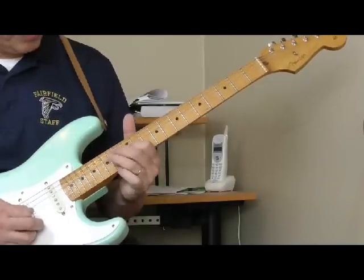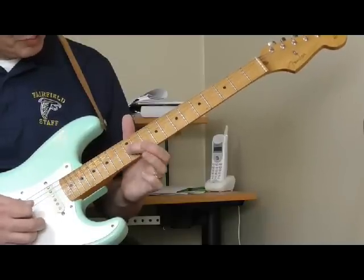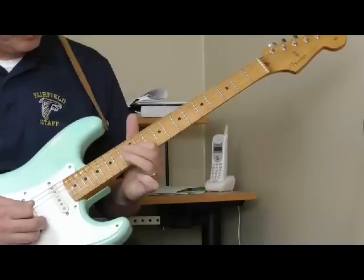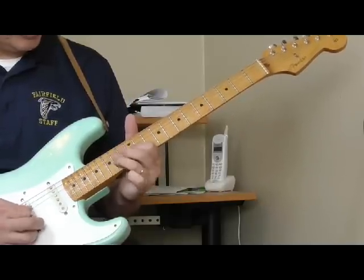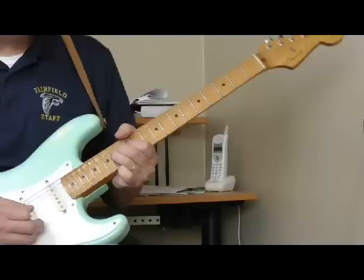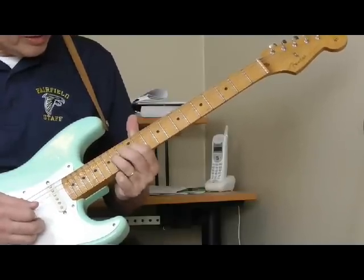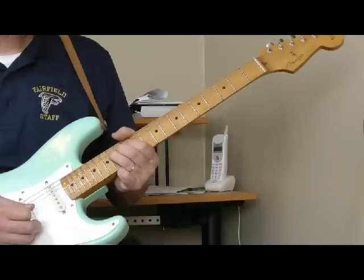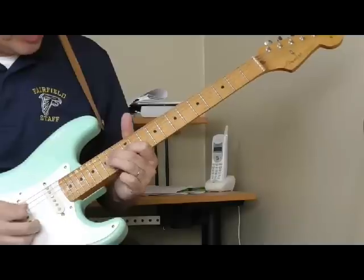And he's going to do this. Hammer on, pull off from the 12th to the 14th, back to the 12th on the 3rd string. And wind up on the 14th fret of the 4th string. So the whole lick. And then he's just going to bend and kind of increase the bend, decrease the bend, without picking. And that's a neat little effect there. So the first phrase,